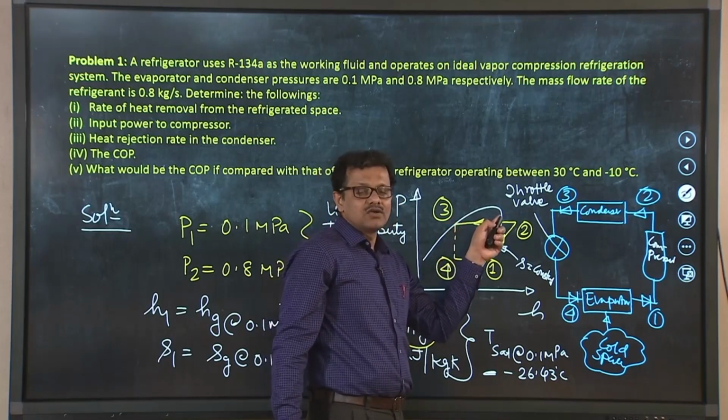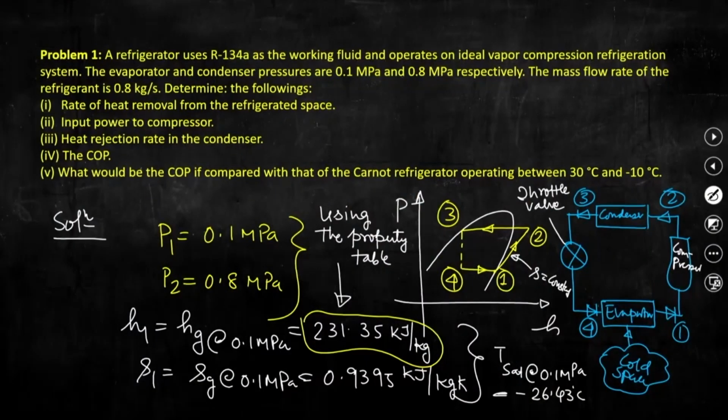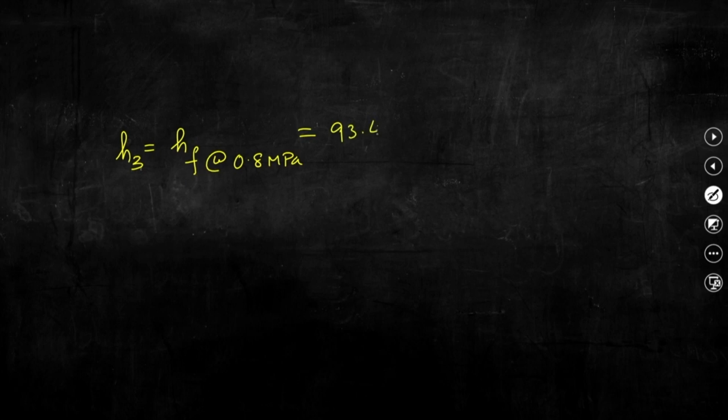That means this is not a partial condensation. So, superheated refrigerant vapor should now be converted into saturated liquid, and hence we can calculate enthalpy at state point 3, that is the enthalpy of saturated refrigerant corresponding to the pressure, that is 0.8 MPa. So, basically H3 equals Hf corresponding to the pressure at which the condensation process will occur, and this H3 equals 93.42